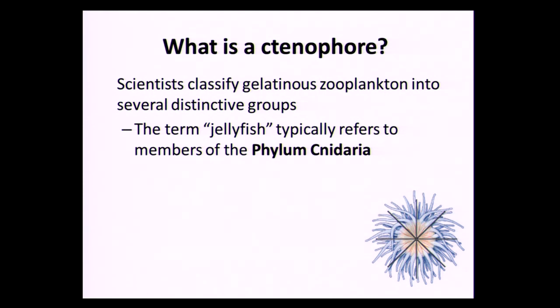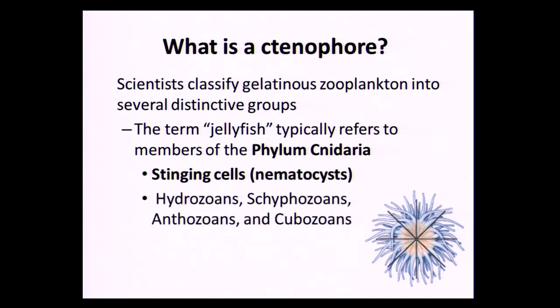But when we use the term jellyfish, we're usually talking about the gelatinous zooplankton that are going to sting you, that have what we call nematocysts. And the jellyfish, of the classical type, the cnidarians, use those nematocysts for, of course, predation, also as a protective measure. These are a distinctive phyla of animals that have radial symmetry, and they include classes that are going to